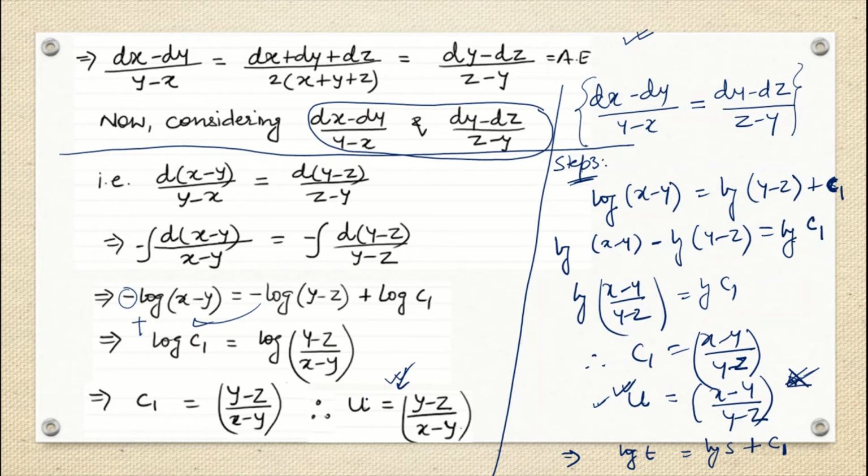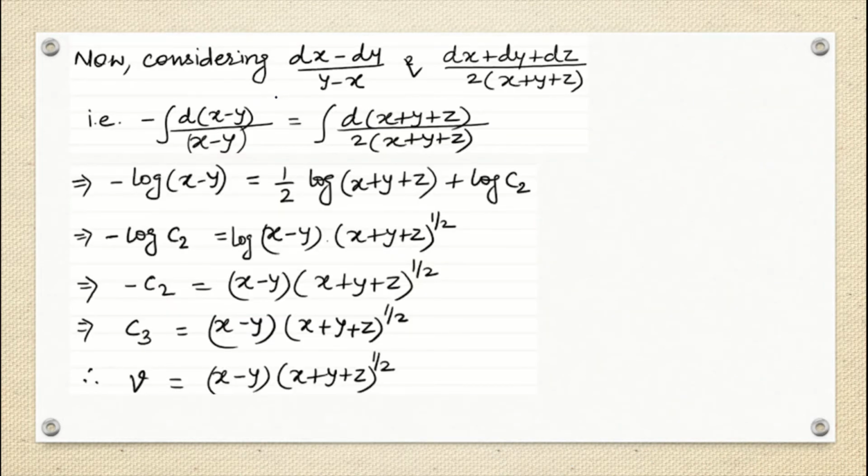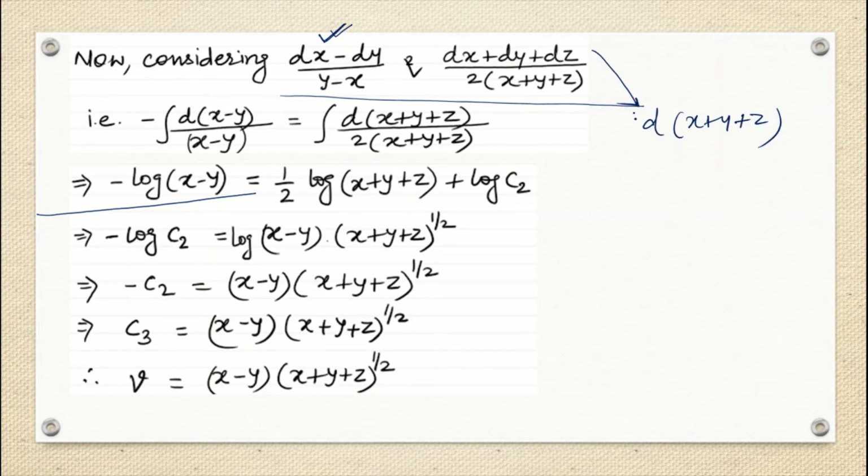So we got our u. My solution is phi of u comma v equals 0. I got my u. Now I am interested in finding my v. So if I equate these two things, what will happen? The same concept I am applying here, the property of linearity of differentials. So I can write x minus y, and then y minus x can be written as minus of x minus y. The same thing right here. There is no problem. What about my right hand side? Same concept if I apply here, dx plus dy plus dz can be written as d of x plus y plus z. If I integrate it, since a 2 is present here, I write 1 by 2 outside. It is nothing but x plus y plus z.